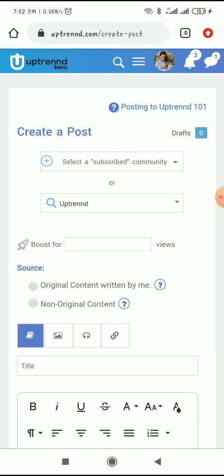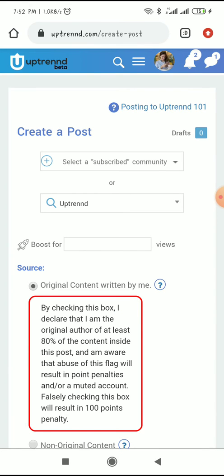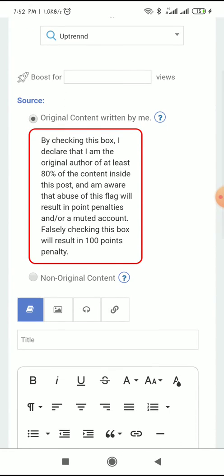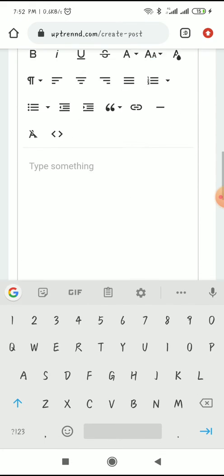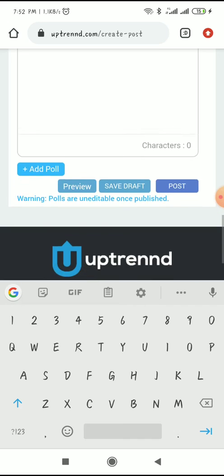So since it's an original post, all you need to do is to click on original content written by me, right? So if you write original content written by me, you can write your title here and then you can make your post here. Okay, now when you are done making your post, you can click on this post icon